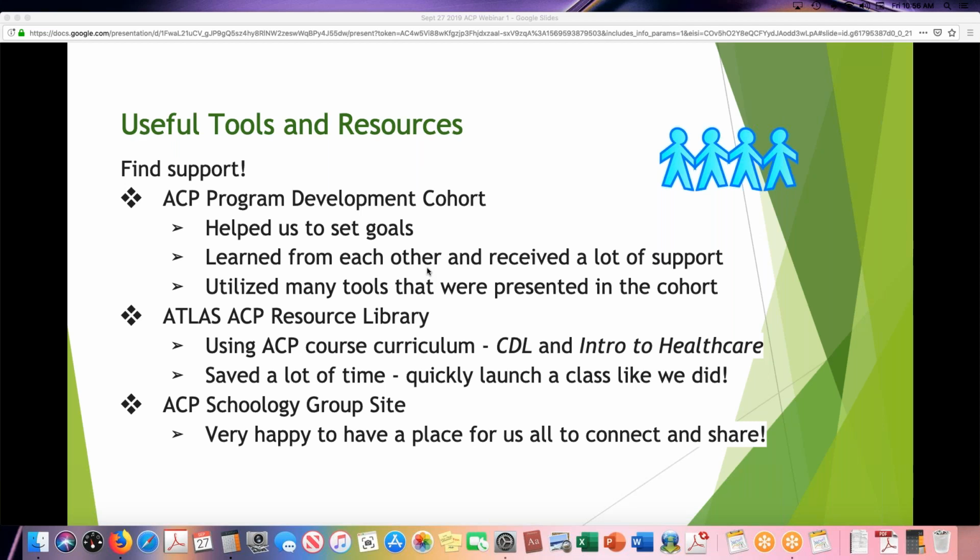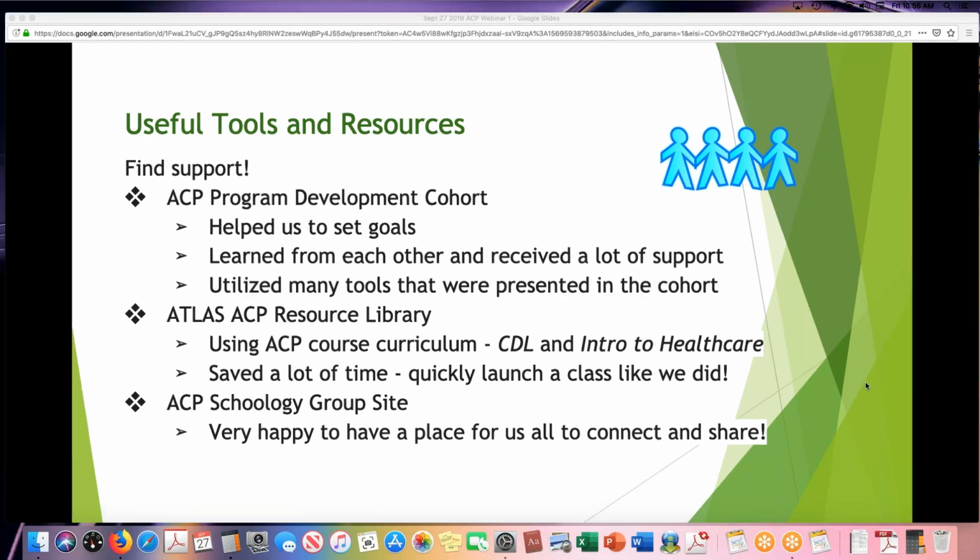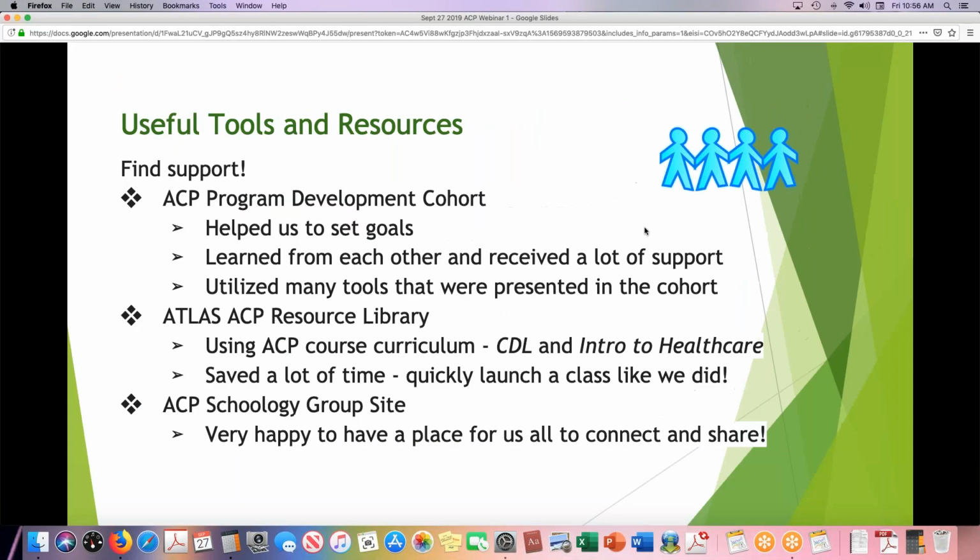It's also in the ACP Schoology group. And I really appreciate your visual for your career pathway for healthcare. Other people thought that it was a wonderful visual for students. I also included your career pathway program brochure in the materials section. So I just want to let people know everything you have provided and shared is wonderful, and it's all there.